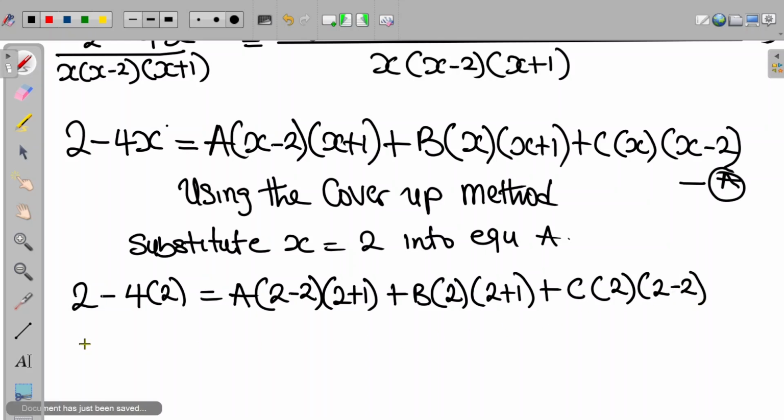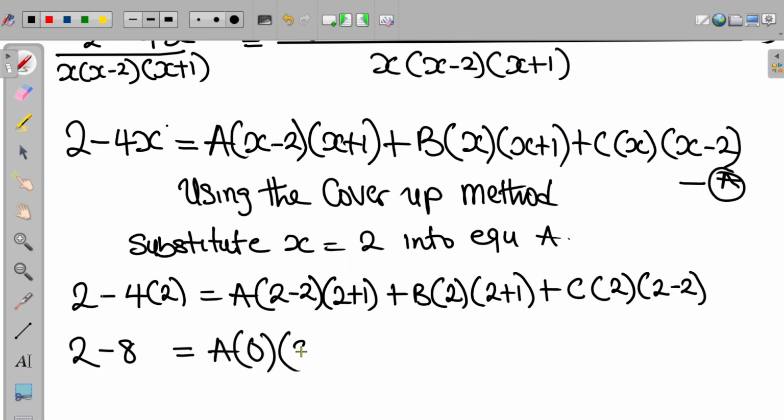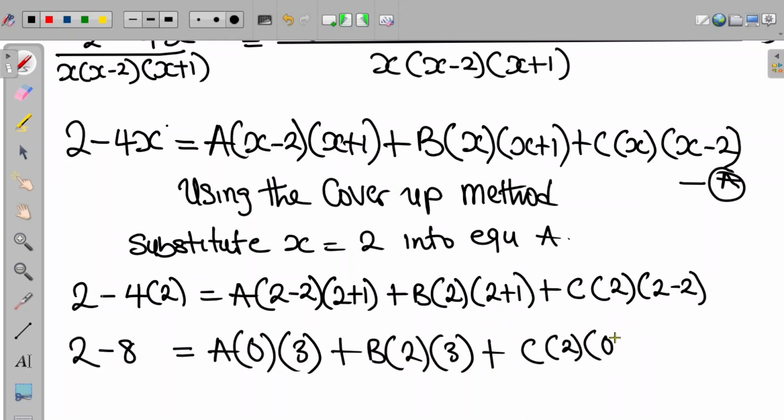Now at this point, the left hand side becomes 2 minus 4 times 2 is minus 8, equal to A(2 minus 2 is 0, and 2 plus 1 is 3), plus B(2)(2 plus 1 is 3), plus C(2 multiplied by 2 minus 2 is 0). So at this point, this will cancel out because A times 0 is 0, and 0 times 3 is 0. Also, this will cancel out because